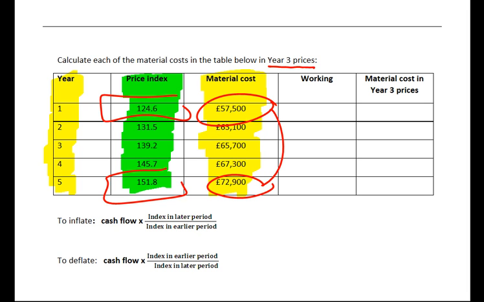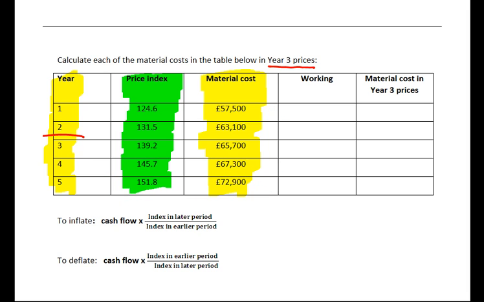When you're doing tasks and assessments, obviously you've got to be very careful about which year they're looking at you to do them in terms of. Here we could have been looking at anything from year 1 up to year 5, but in fact we're looking at year 3 prices. Now what that means is that the only cost that we don't need to play around with